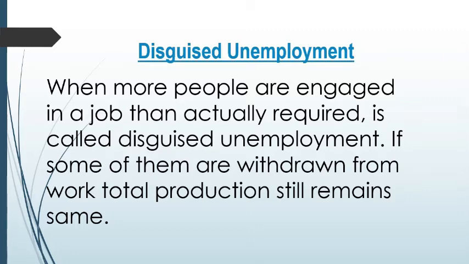Let's understand this with an example of a farmer's family which consists of 5 members. They have a small piece of land. All these members together cultivate it throughout the year and produce 10 quintals of rice. Now in the next year only 3 members cultivate the same plot and produce the same output. It means those 3 members were enough to cultivate the land. The other 2 members are thus said to be disguisedly unemployed.